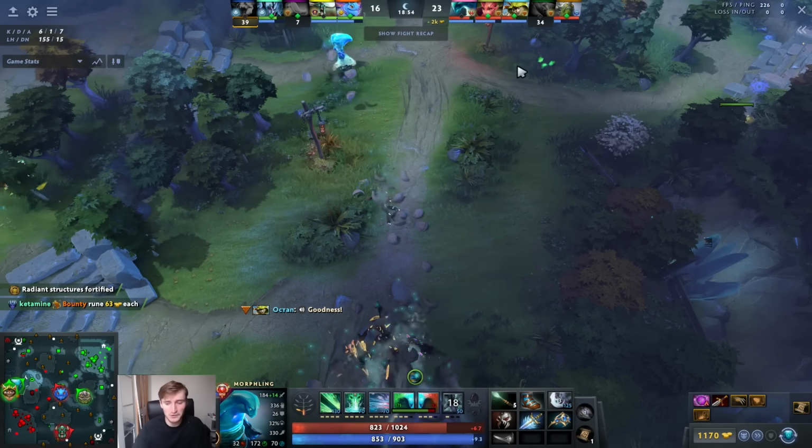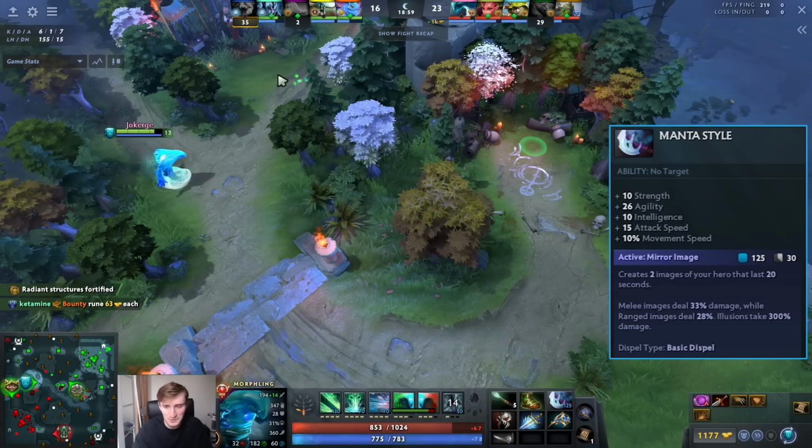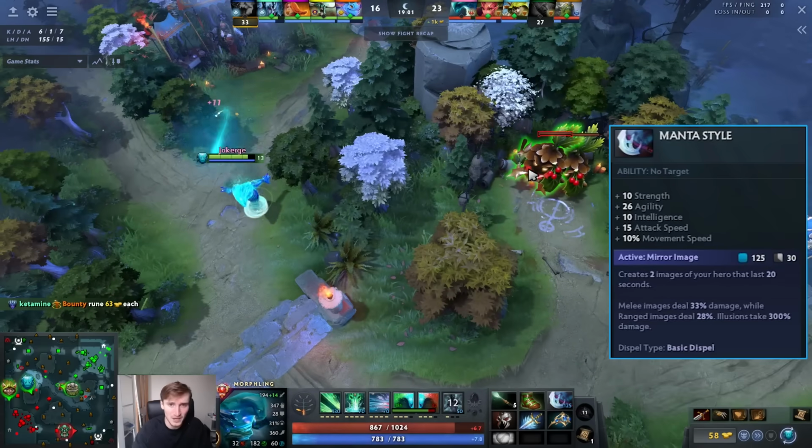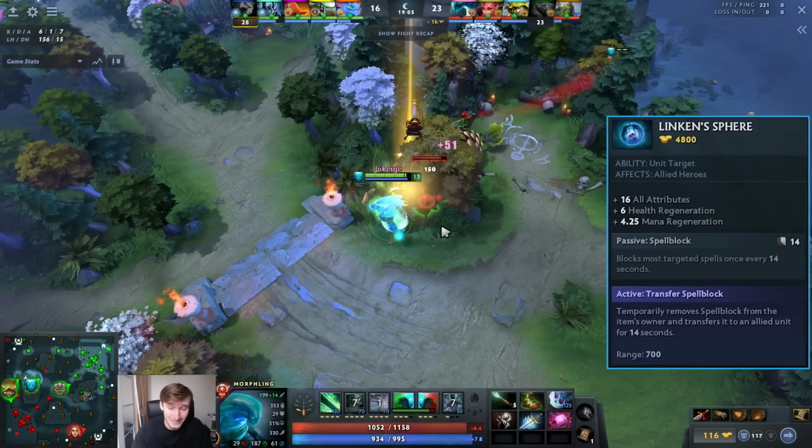Alright, here's where things begin to get interesting. You're going to notice his first item is Manta, and I wouldn't really stray away from this. I've seen some people doing other builds, but honestly, I think Manta in most games is the right item. There are some games where maybe you're against the Lion and you want to go Linken's instead, but I think